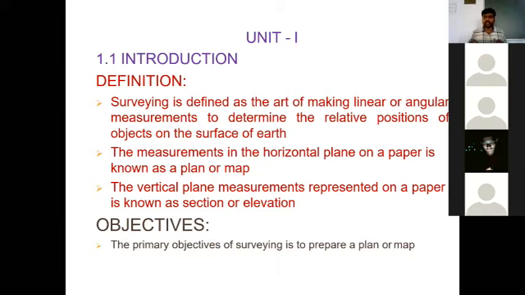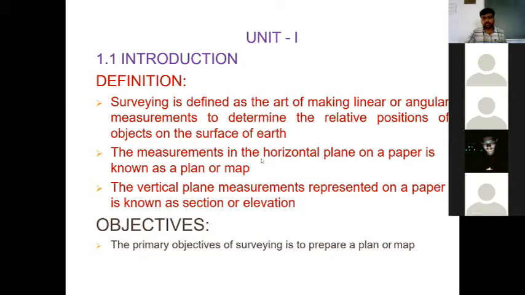Or else you can define it like this also. It is the art of determining the relative position of a point on or below the surface of the earth by measuring by indirect or direct method. Okay, so this is another kind of definition. I will briefly discuss this. So we'll go one by one. So this is the first point of definition, and the second thing,